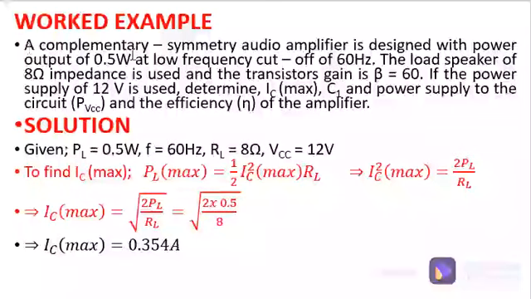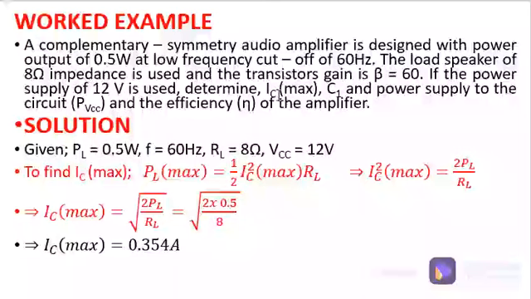The question says a complementary symmetry audio amplifier is designed with the power output of 0.5 watt and at the low frequency cutoff of 60 Hz. The loudspeaker is of resistance 8 ohm impedance, and the transistor's gain, that is the beta, is equal to 60. So if the power supply, that is our VCC, is 12 volt, we are now asked